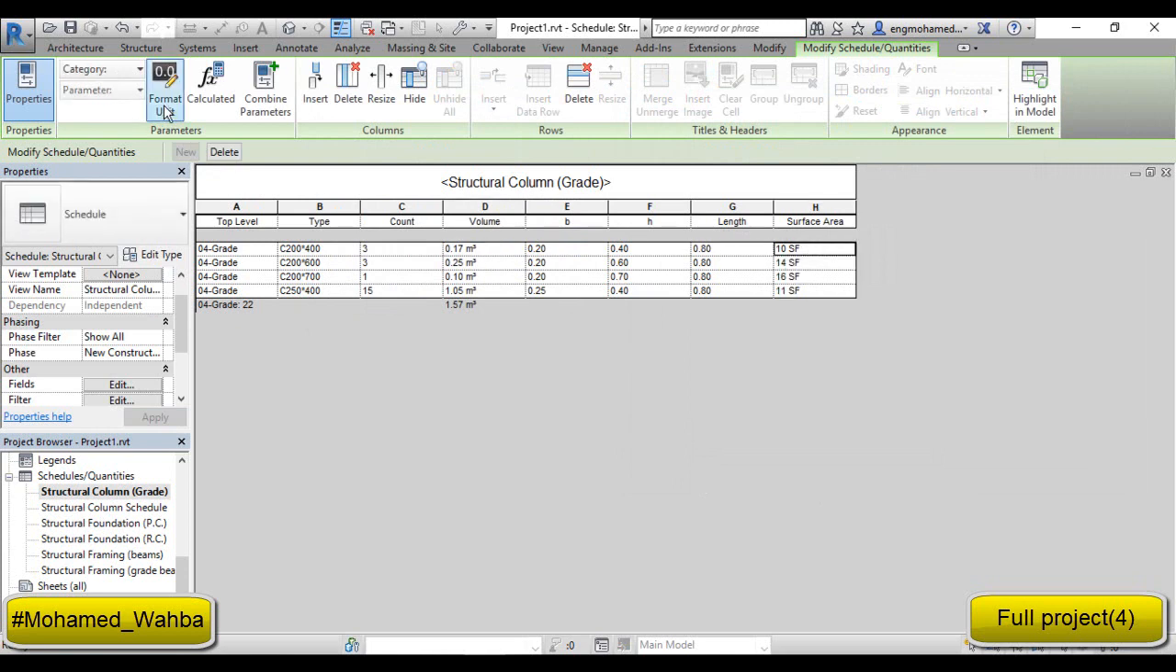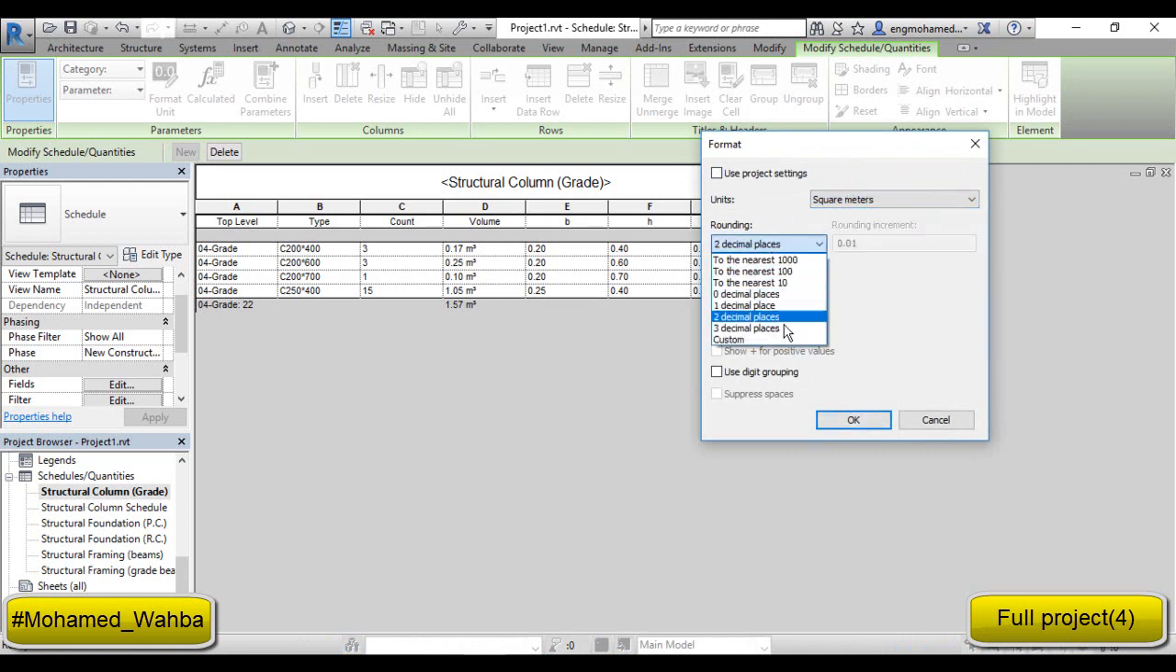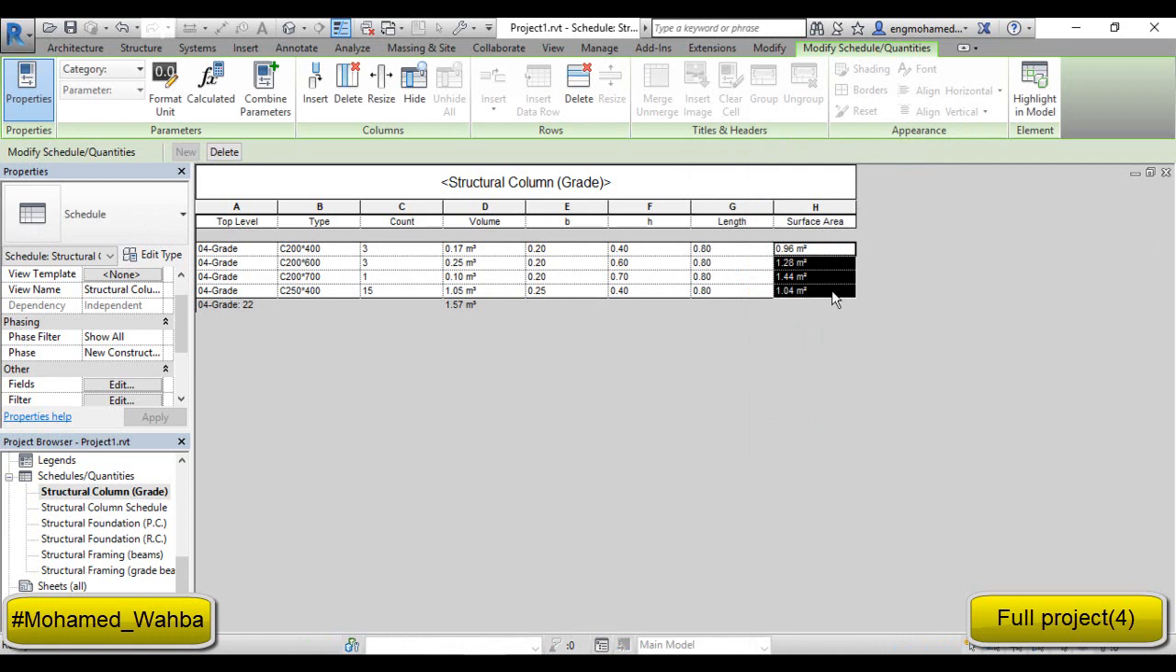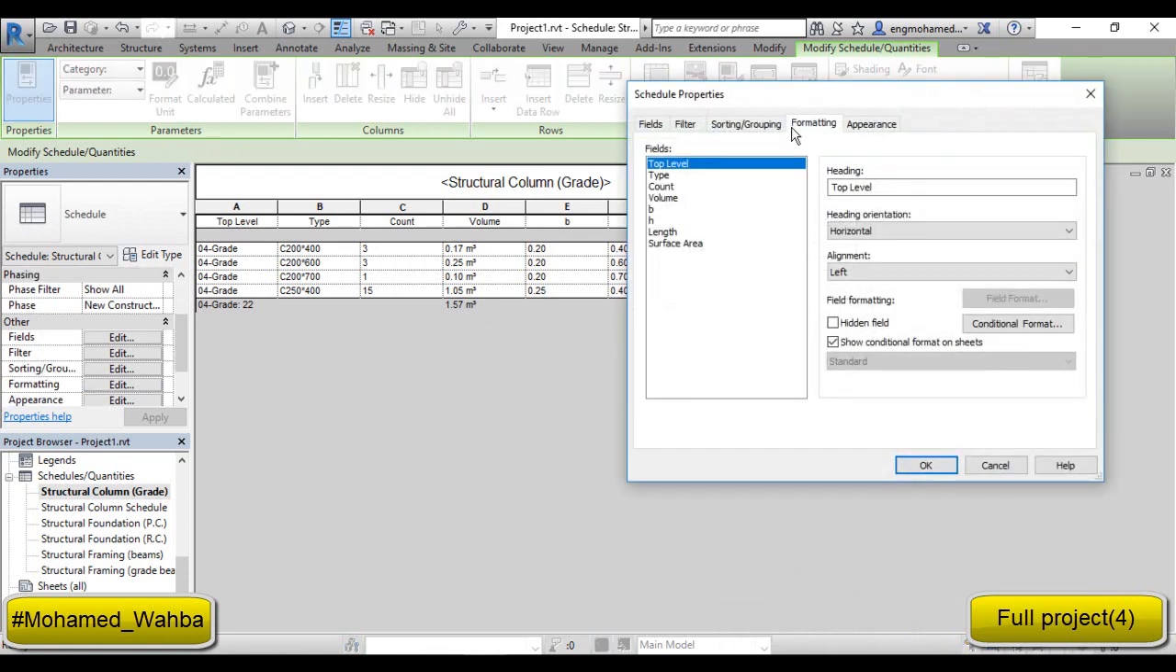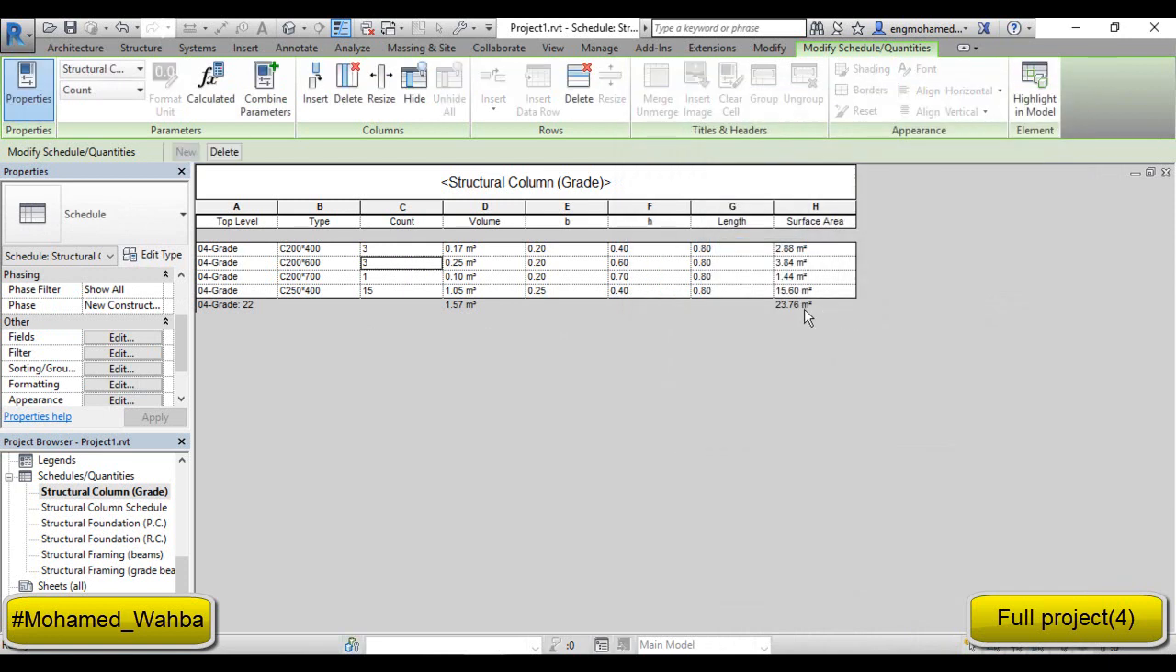So I will change the units. As you can see clearly in my table, this is the surface area of my columns only to the level of grade in my structure. If you want to get also the total surface area of my columns, you can check formatting and surface area. You can select calculate totals. So the total surface area of my columns to the grade level only will be